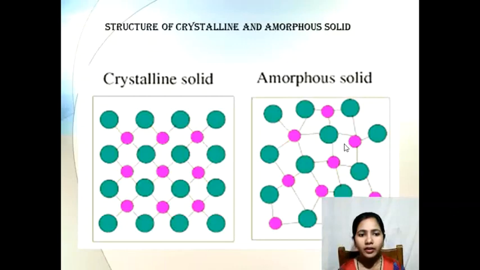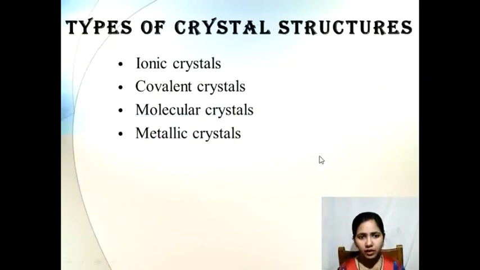See the next. Here is a picture of a crystalline solid and an amorphous solid. You can easily distinguish between them. In the crystalline solid, there is a definite, regular arrangement of constituent particles, whereas in the amorphous solid, there is a regular arrangement but only up to a very small region, not in the entire crystal. So this is the picture here. Till now we have discussed what a solid is and the different types of solid, crystalline and amorphous.